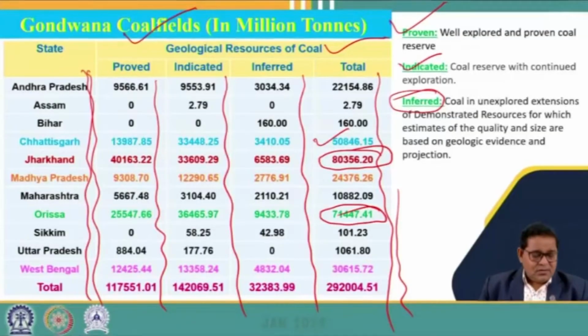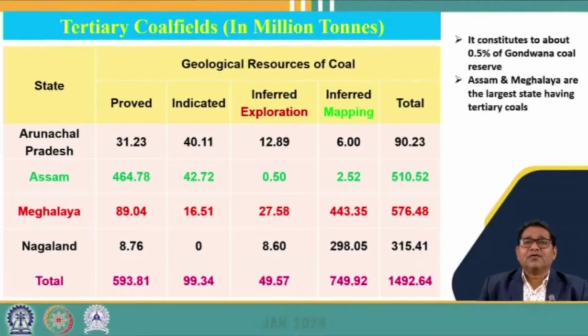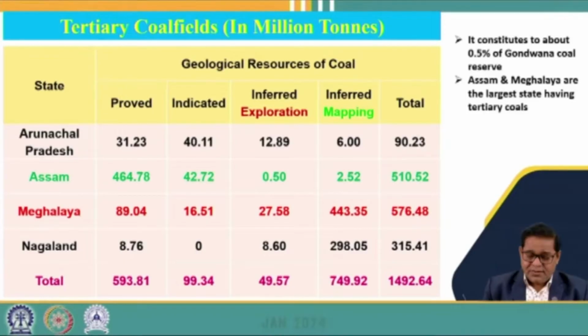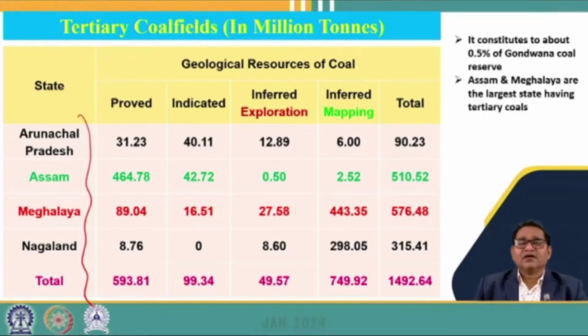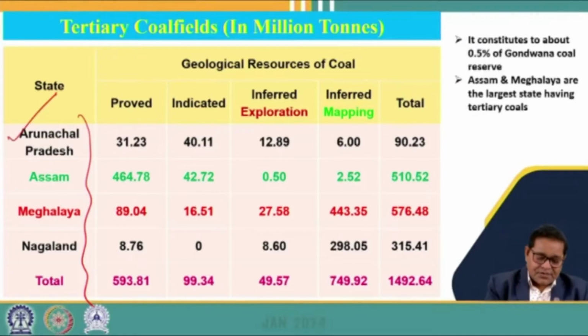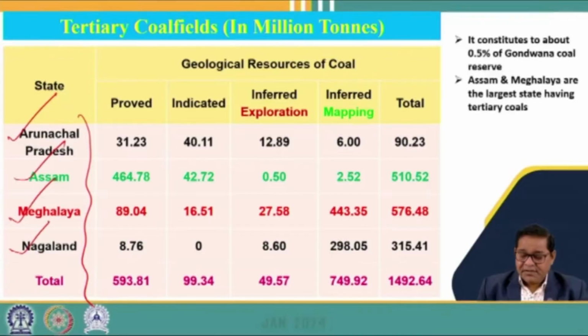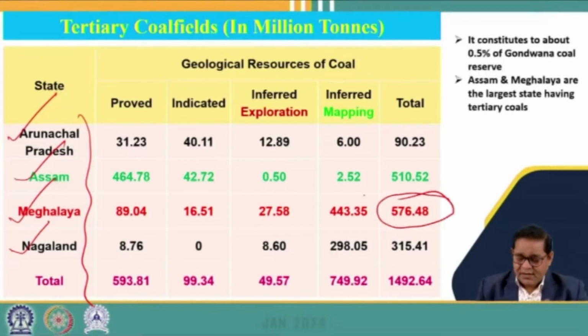So if we talk about the tertiary coal fields, here we have seen that the tertiary coal field is available mostly in the eastern part of our country, that is in Arunachal Pradesh, Assam, Meghalaya, Nagaland. And here also in terms of total coal reserve, Meghalaya is the largest, having a tertiary coal field deposit of around